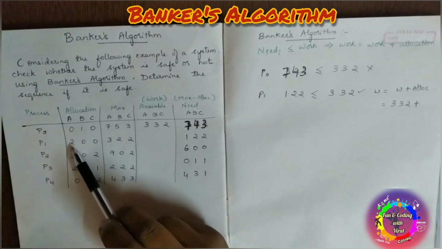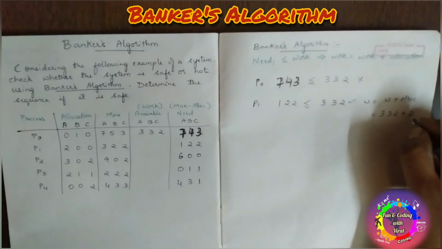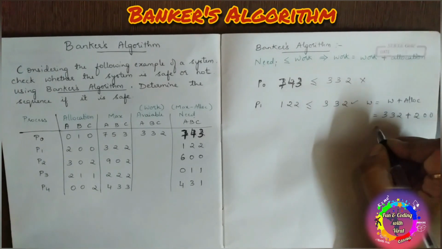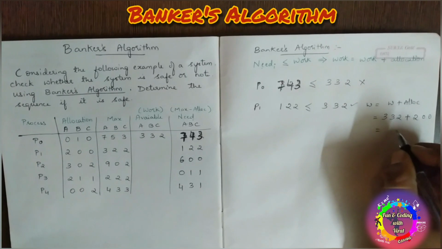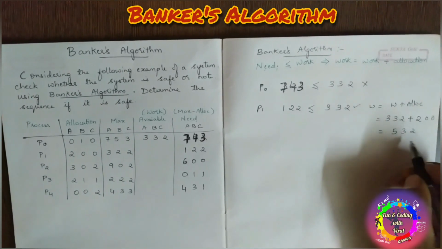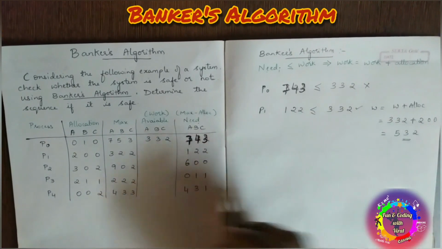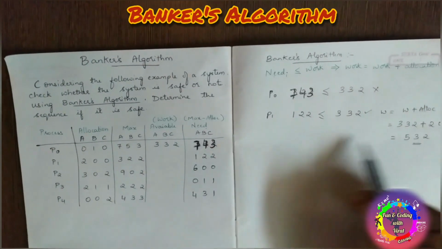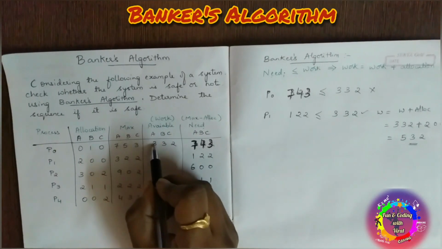Allocation value from the table you have to take for P1 is 200. What is the value after calculating this? It is nothing but 532. Okay, fine. So this value you need to update in this table. Now the new work that you have calculated by using the P1 process is